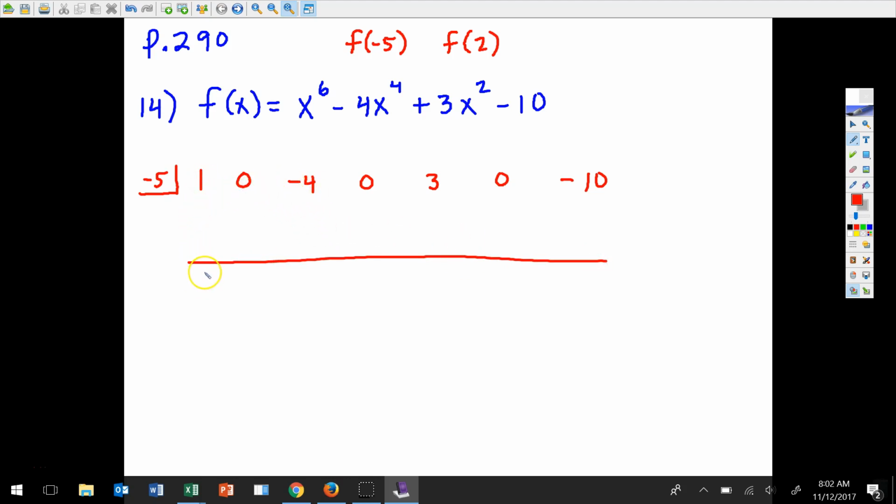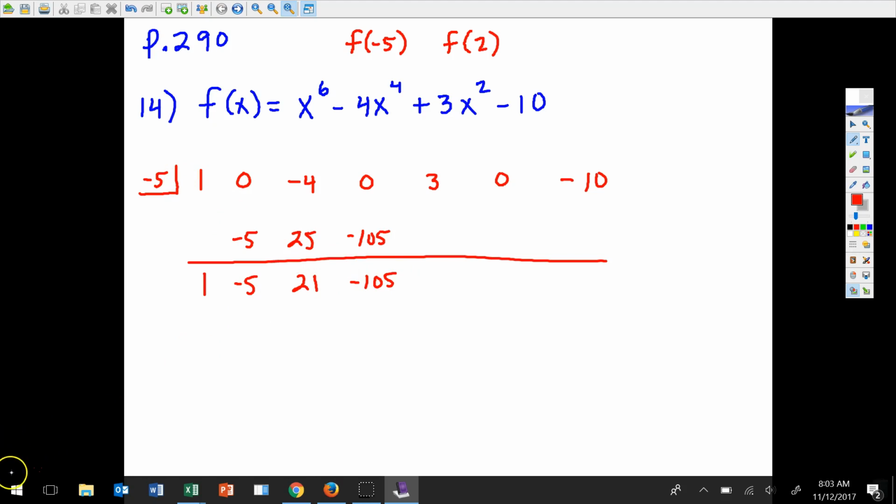We'll bring down this first number below the line. Then multiply 1 times -5. And we add. You always add with synthetic division. Multiply -5 times -5. That's 25. And then add. That's 21. Multiply, that's -105, and then add,